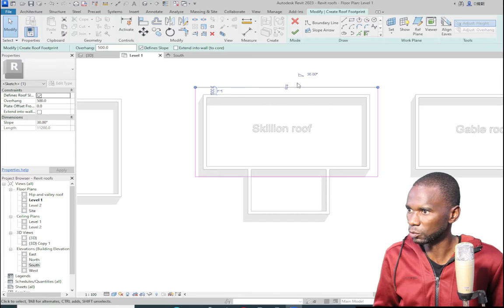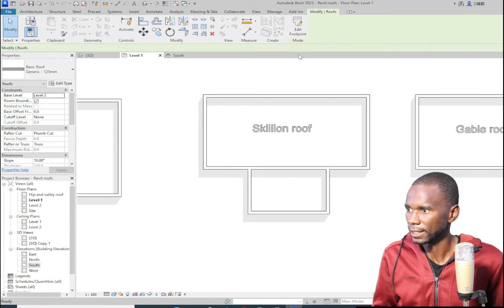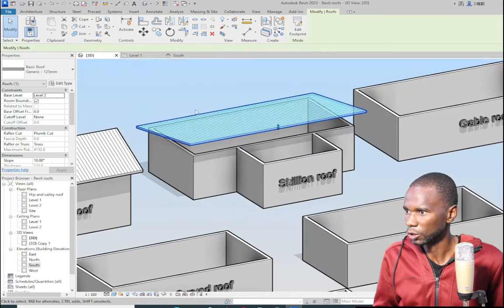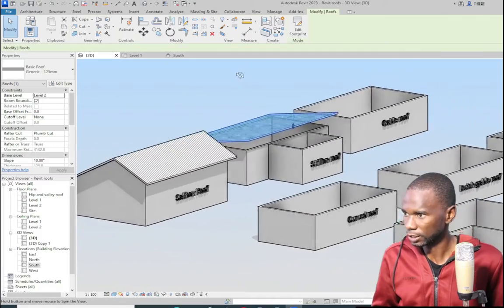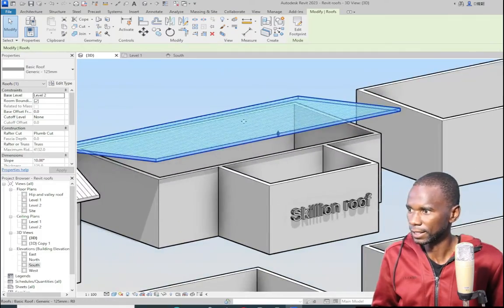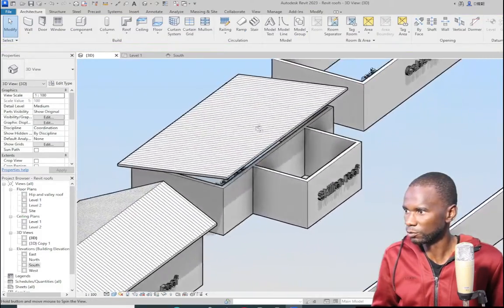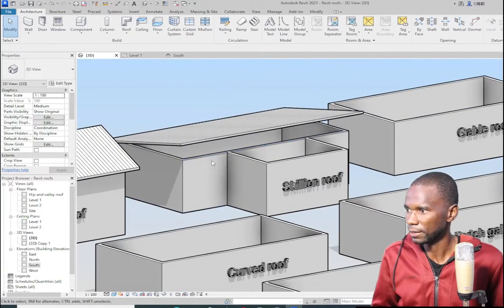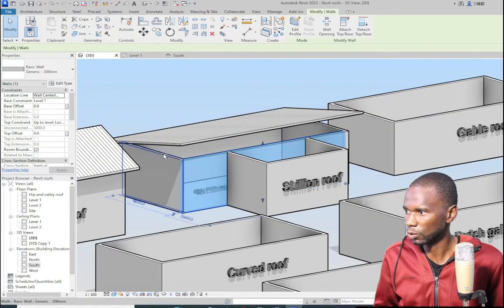But I don't want it to be too steep. I'll select on it, click there, and I just want to have a slope of 10 degrees. And click on the green check mark, go to the 3D view, and just simply orbit. You see that I have the roof. It's a mono-pitch roof. Then all I need to do is pick that wall, hold Control, select the other walls,